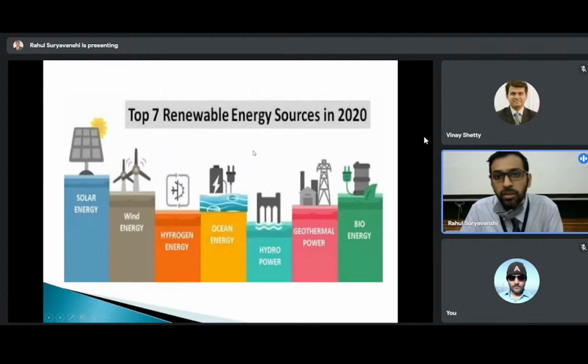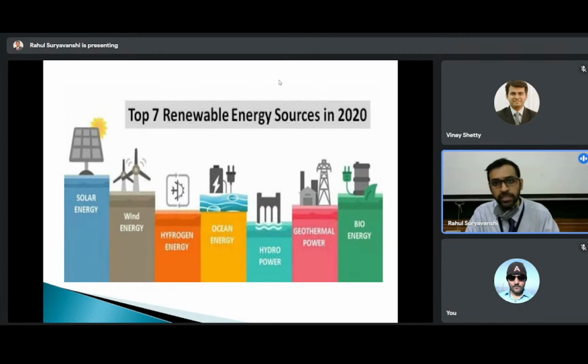Fine. So coming to the topic overview of what exactly is renewable energy. You might have heard about these renewable energies, which are in a lot of boom nowadays. This subject is basically focusing on various commonly used renewable energies, what their applications are, what the different methods of installation are, and what the basics are. So from the basics till the application part, you will be studying the entire thing in the subject.